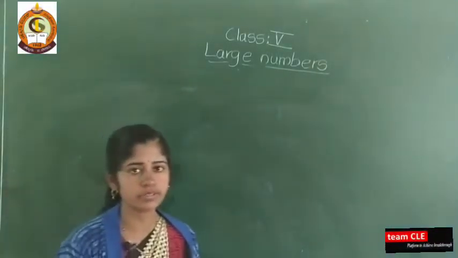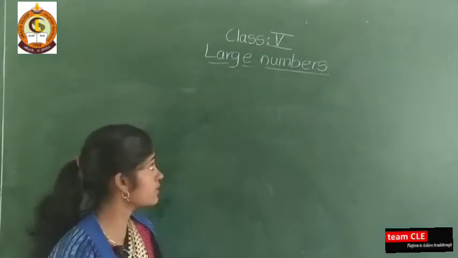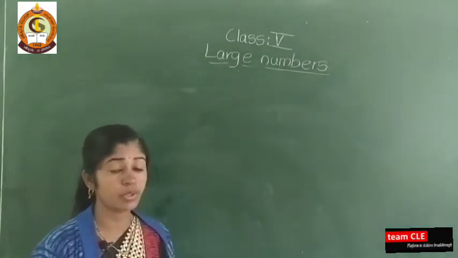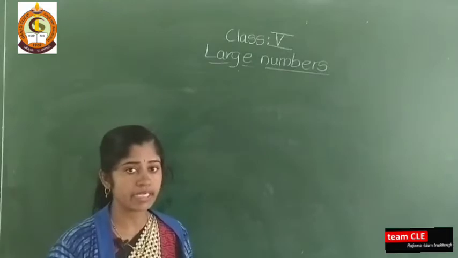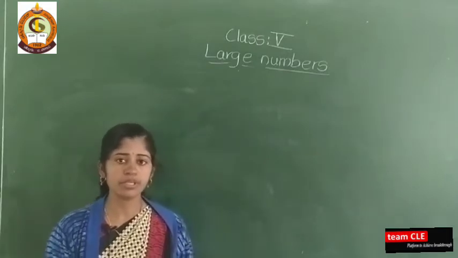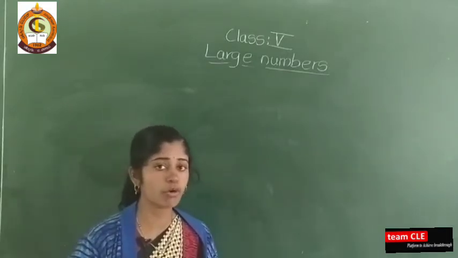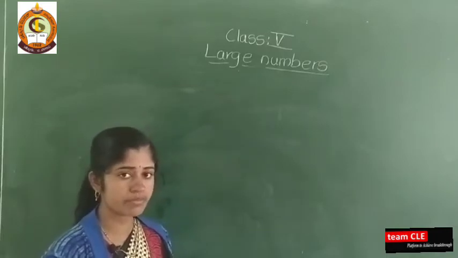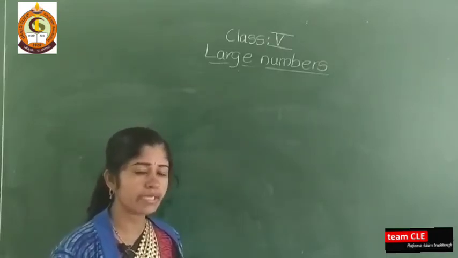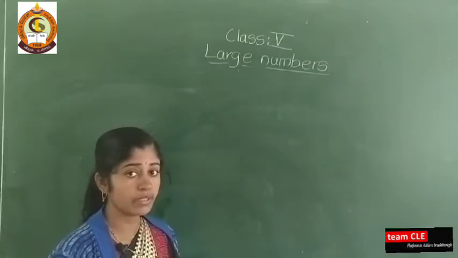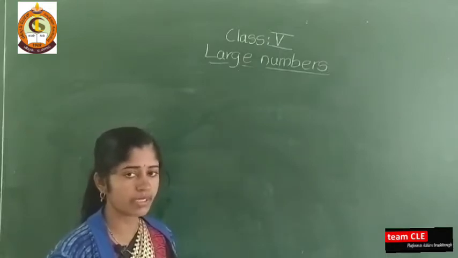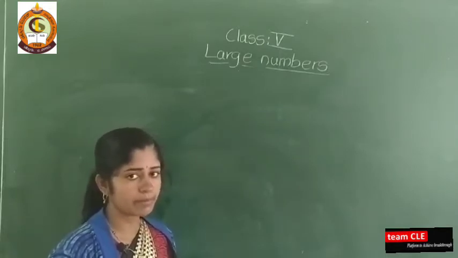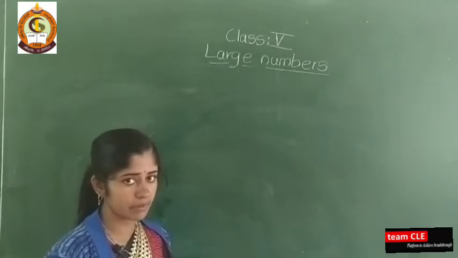Hello dear students, already you know we are discussing large numbers. We are discussing 7 and 8 digit numbers. In previous videos you learnt the Indian system of numeration, place value, face value, how to write the expanded form, and how to write the short form of a number. And I hope you solved My Practice Time 1 and My Practice Time 2.